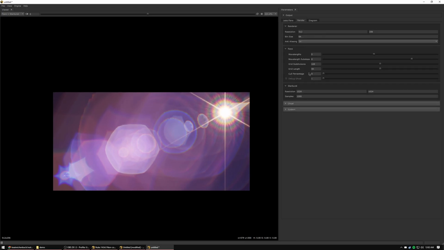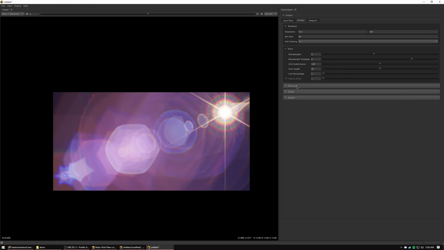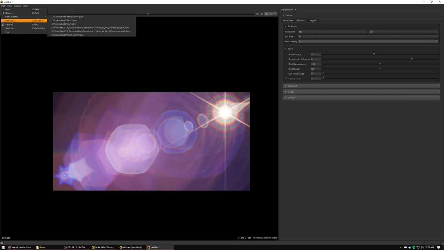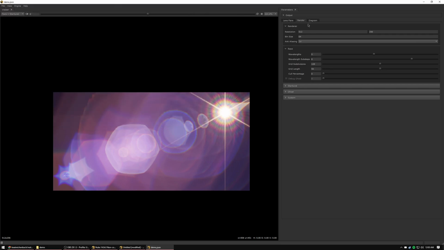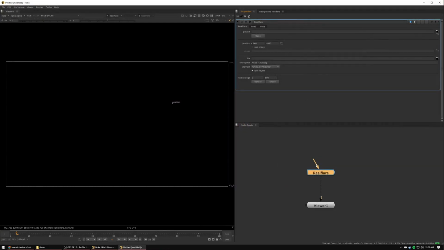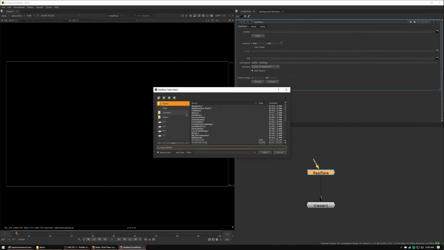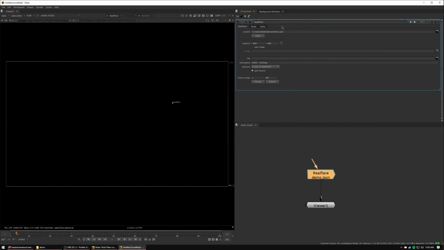Lastly, we can crank the subdivisions here to get rid of some of these artifacts, but for now I'm just going to leave it and I'll save this in the demo folder as demo. Hit save and then I'll close this, and then all I need to do here is go to my demo folder, pick this project,